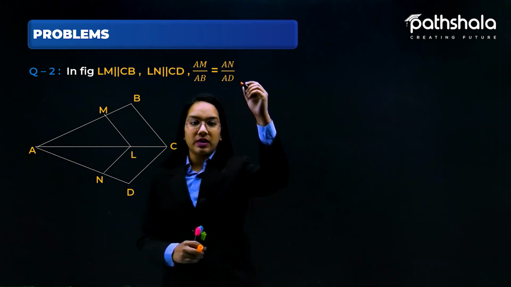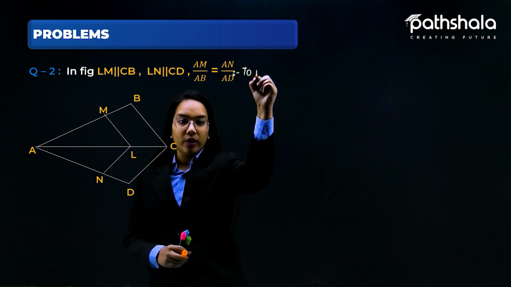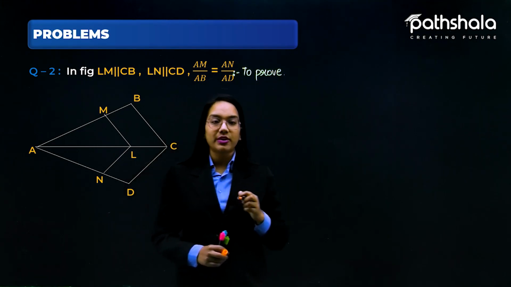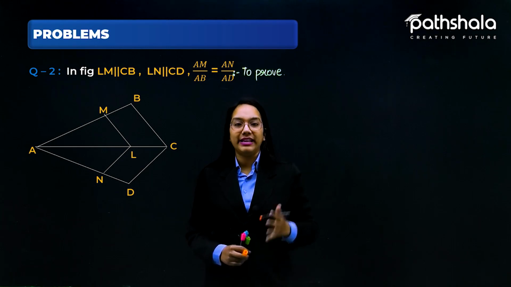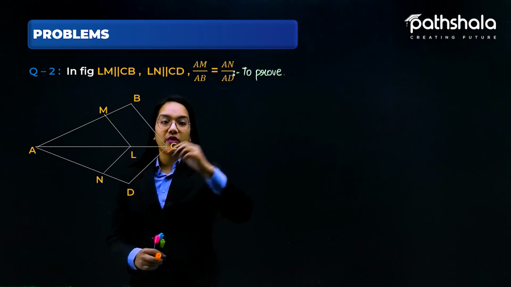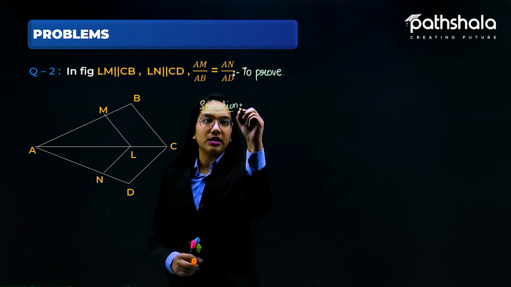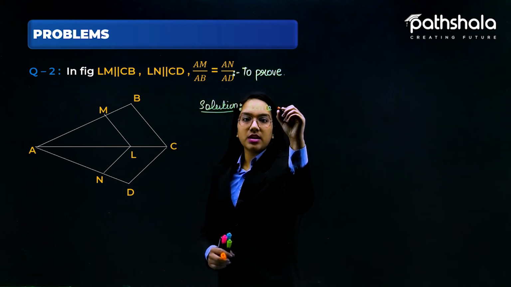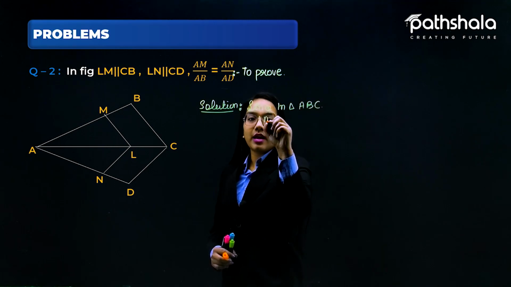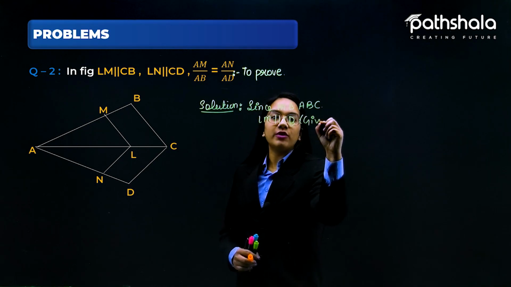So let us suppose, if I'm writing it over here, this is what we have to prove: that AM by AB is equal to AN by AD. Now let's start from the two given conditions that we have over here. Let us start the solution as: since in triangle ABC, LM is parallel to CB, which is already given to us,